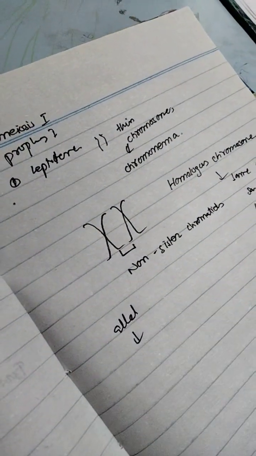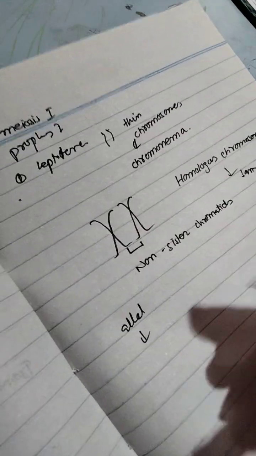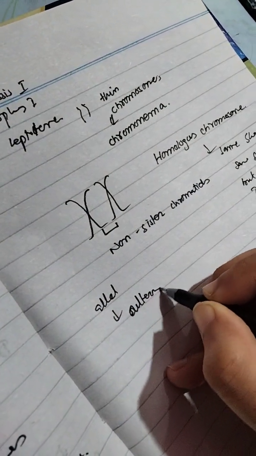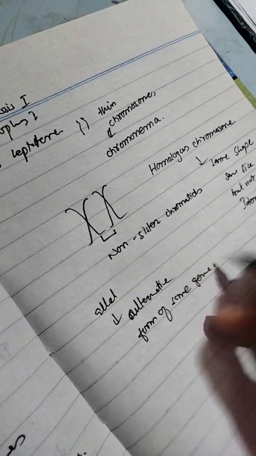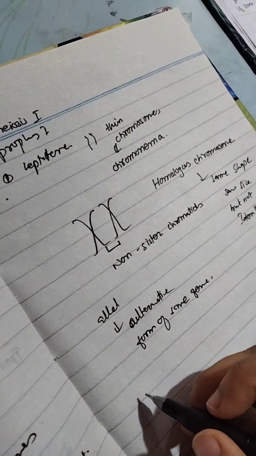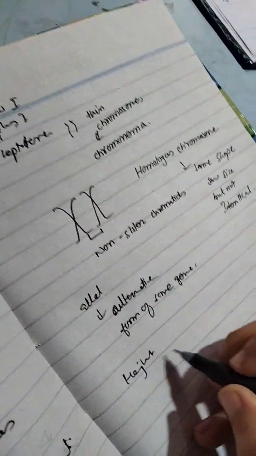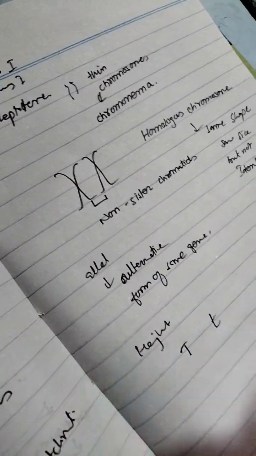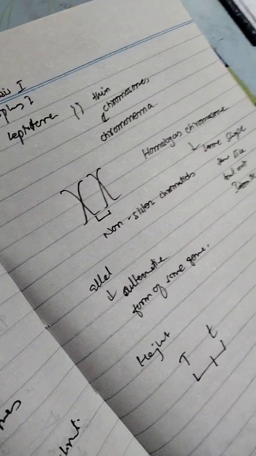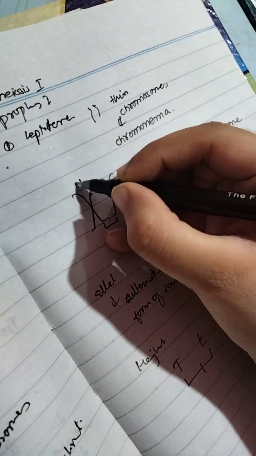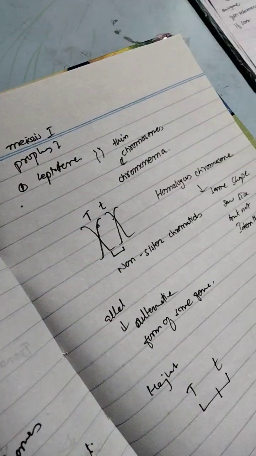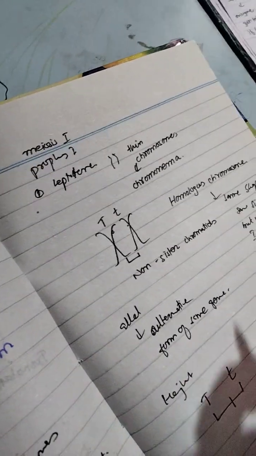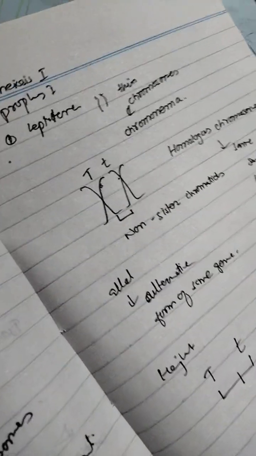Now, what is an allele? Allele is basically the alternative form of the same gene. For example, if I have a gene of height, then the two alleles will be tall and dwarf. So these both are the alleles. This has T and this has t. Both genes are on the same locus, on the same location, but different alleles. It means homologous chromosomes are chromosomes which have same shape, same size, but they are not identical, right?